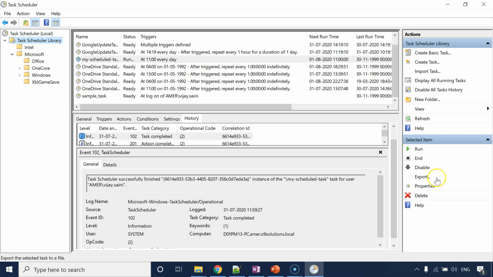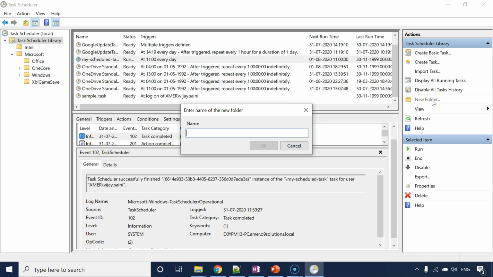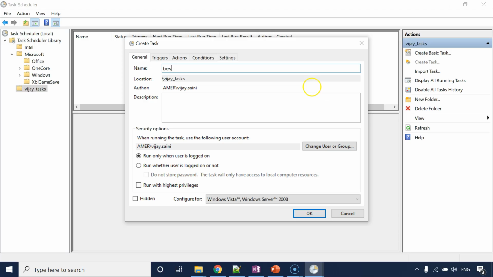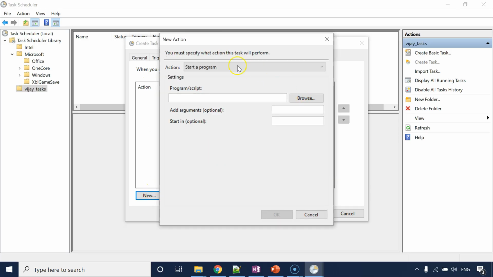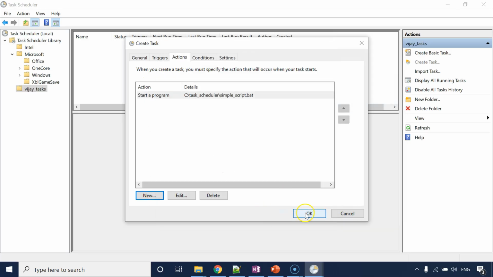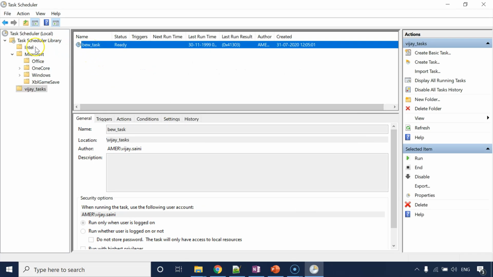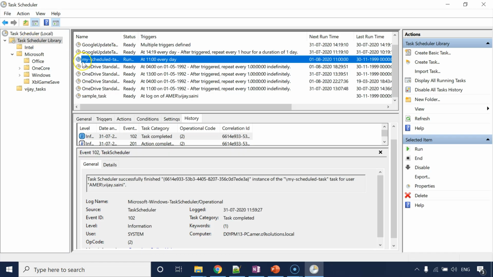So from here you can create new folder, and now if you create a new task, choose some action. Okay, so your task will appear over here instead of this default directory, right? So this way you can organize your task in a better way.